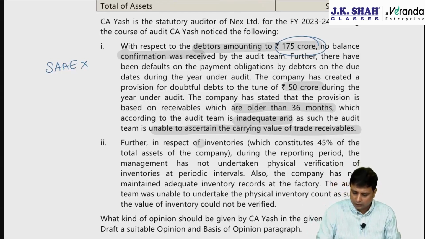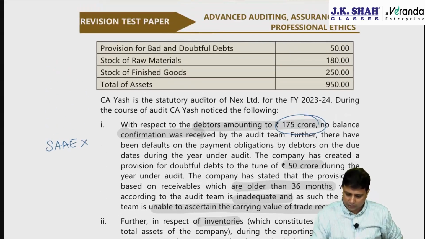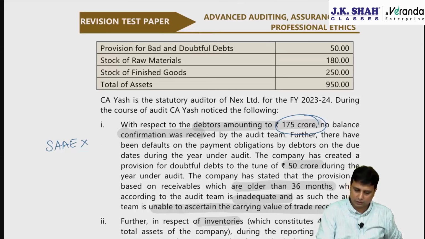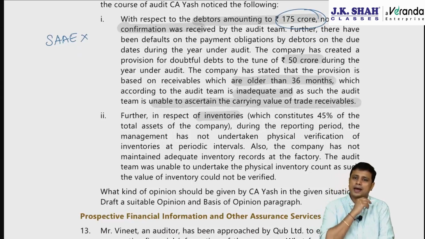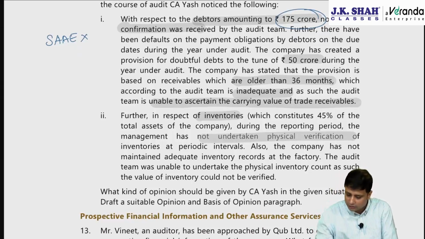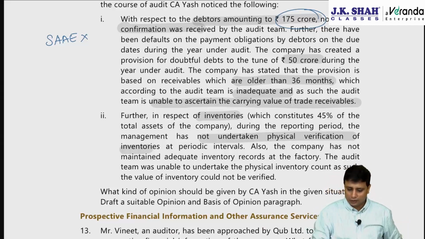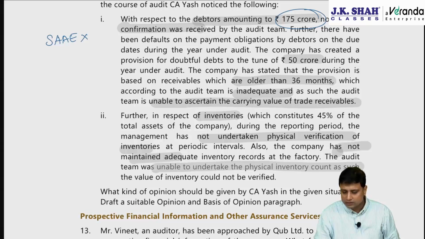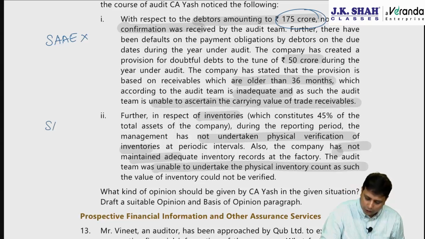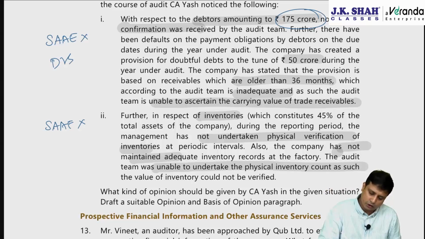Further, in respect of inventories, which constitute 45% of the total assets of the company. Total assets is 950 and this inventory constitutes 45% of the total assets. During the reporting period, management has not undertaken a physical verification of inventory at periodic intervals. The company has not maintained adequate records, so no adequate records are also maintained. The audit team was unable to undertake physical count, and the value of the inventory could not be verified. So can I say here also auditor does not have SAAE? See, here in both the cases, they did not have SAAE for debtors, they did not have SAAE for